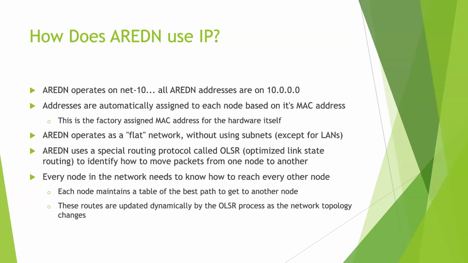And remember, each node may talk directly to 3 nodes or however many. And so it may say, well, from what I know, it's best for me to send it to this guy. So I'm going to send it to that guy. Now, when he gets the packet, he knows what his routes look like. And so he might decide to send it a completely different way from the way the original node was going to send it. That's all done by each individual node as the packet moves through the network.